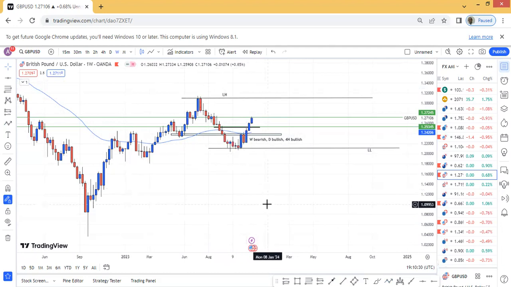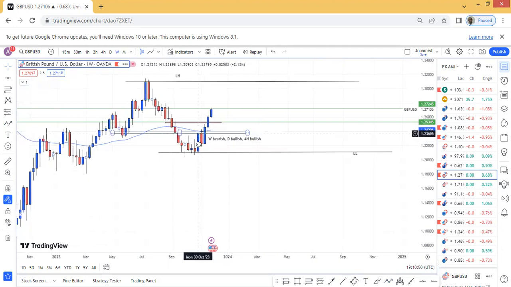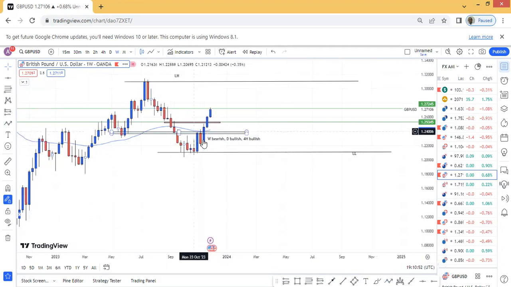But the last video that I did about 4 weeks ago on the GBPUSD, I also predicted that although on the weekly we were bearish, based on this bullish engulfing candlestick that was formed, price was going to push high to come to this zone, exactly where price is, around this place. Why did I make that prediction? I made that prediction because